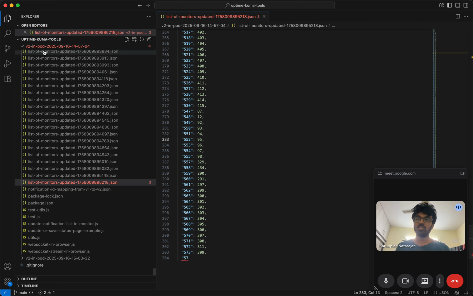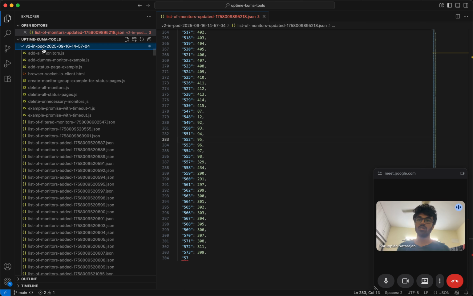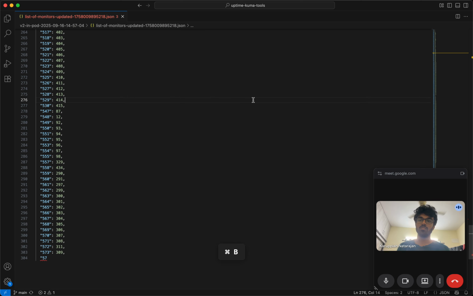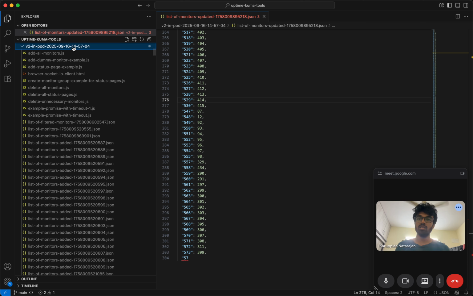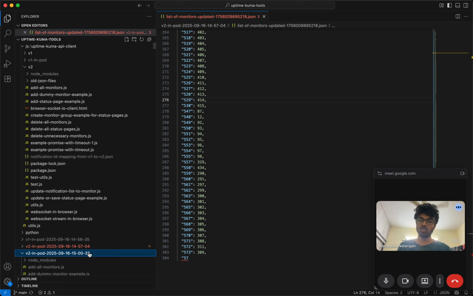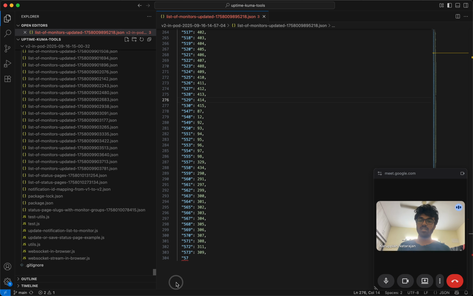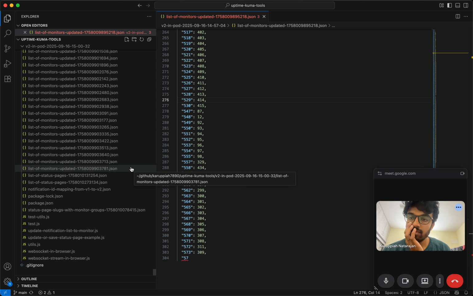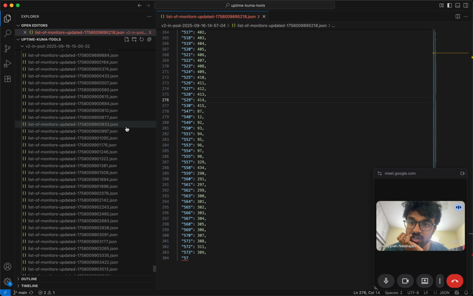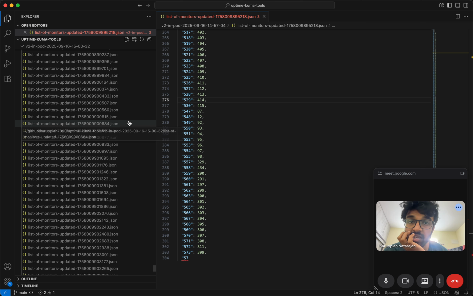if you open this up, you can go here, and you can close this, and if you open this up, you'll notice that there are a lot of list of monitors added and list of monitors updated. So this is the last one to actually look for. There are a lot of list of monitors updated in between. Actually, it's not just